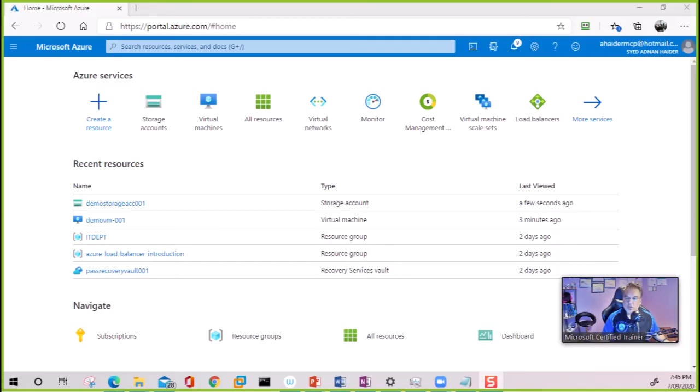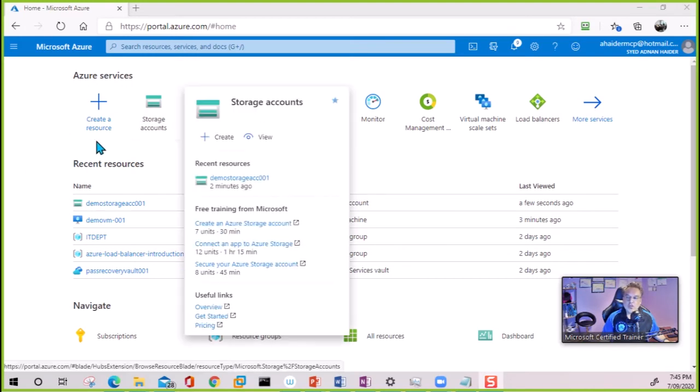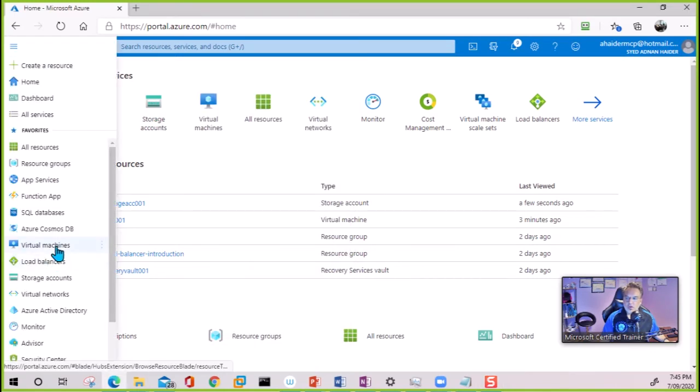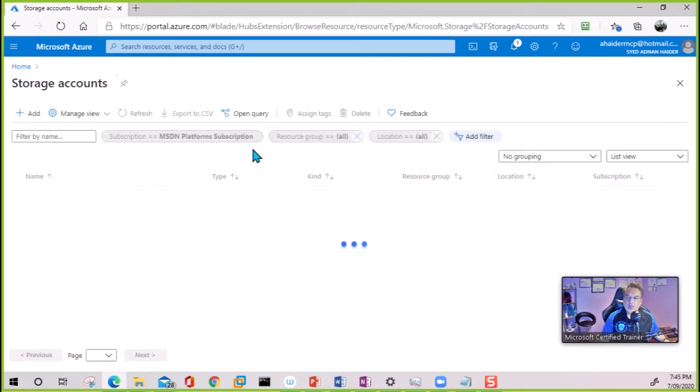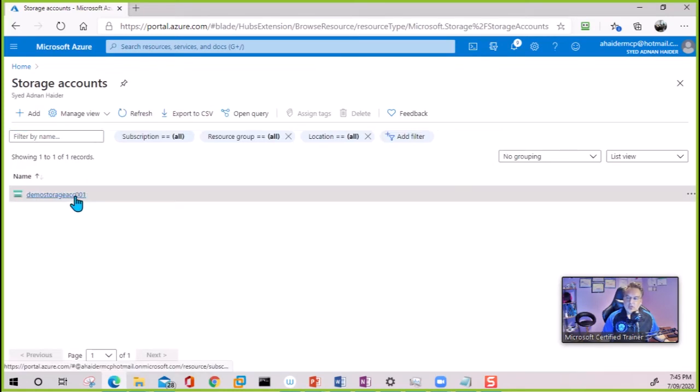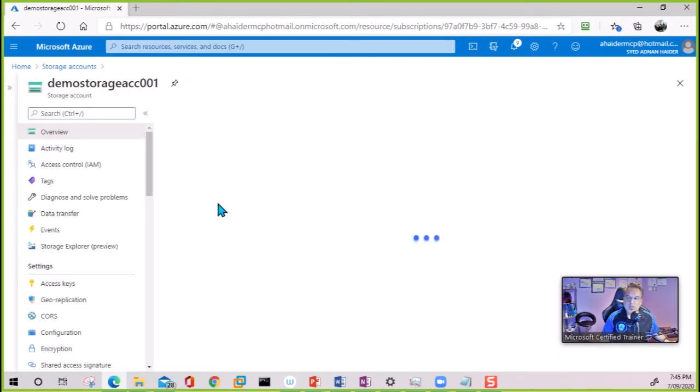Hey everyone, in this video I'm going to show you how to work with file shares in Azure storage account. So for Azure storage account, first of all, you need to log into Microsoft Azure, and then you can go to your storage account. You can go from here, or you can also go to your storage account right from here. And once you log in, select your storage account, and then from here